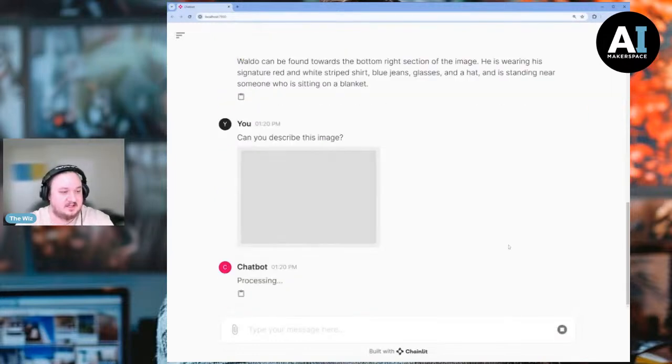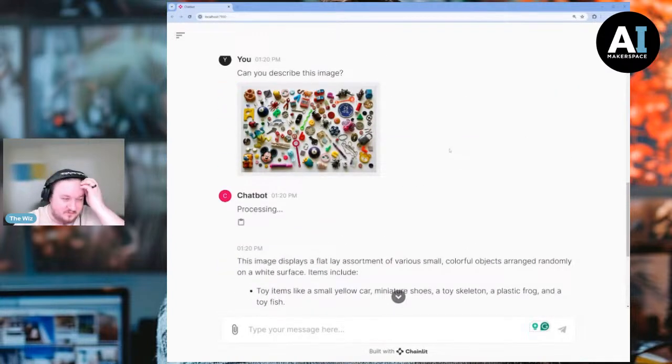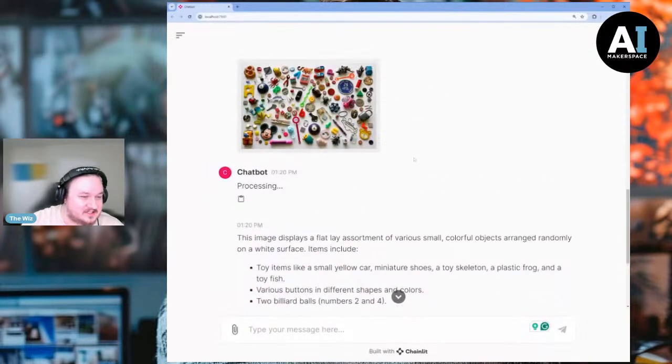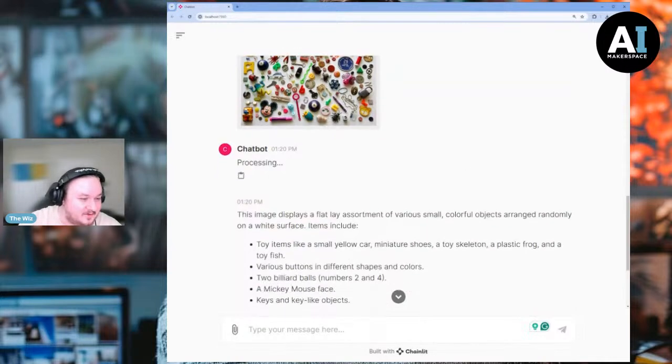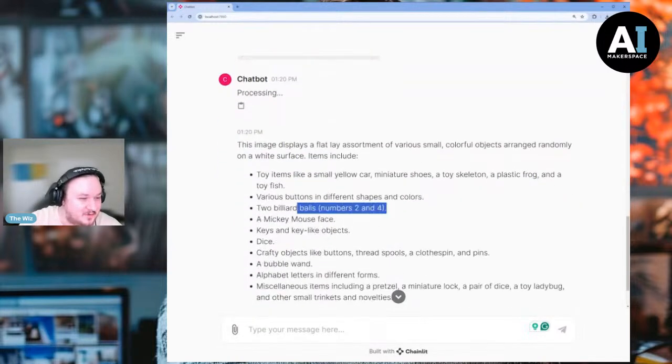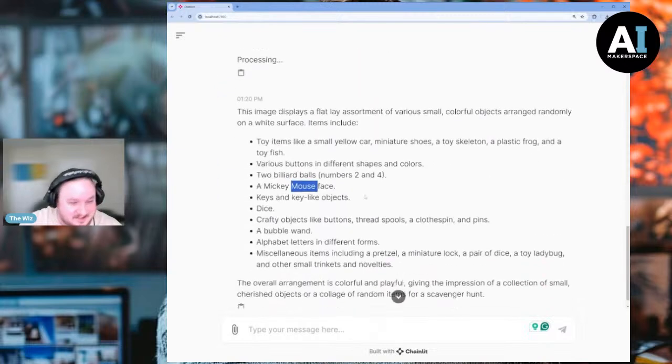So this is a classic I Spy, which, if you're from your youth, you remember is basically a collection of different things, and you're supposed to find the different things. We can see that it's actually quite good, right? We see a small yellow car here, miniature shoes, probably someone somewhere, yeah, right here. We got a toy skeleton, a plastic frog, a toy fish. There's the fish. Various buttons in different shapes and colors, 2 billiard balls, a Mickey Mouse face, nailed that one,